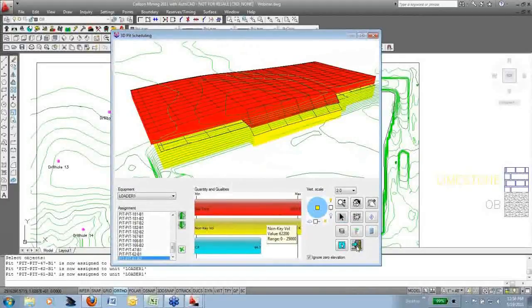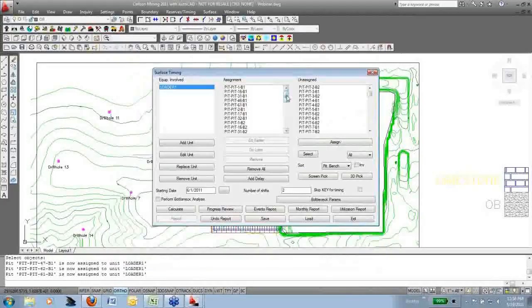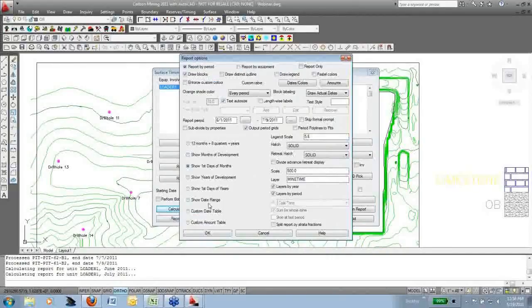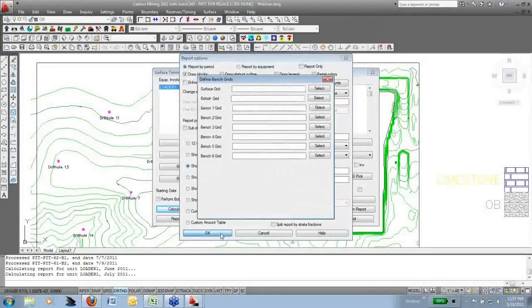Okay, so the process of this window is to do the picking, and everything I picked is in the middle window now, ready to go for scheduling. I just hit calculate. It finished on July 9th. We'll go to detailed reports. That's only about 1 month worth, so let's do first days of months. And okay, it's going to output